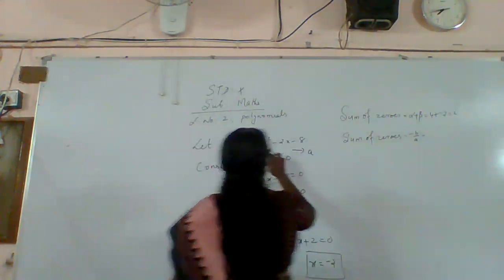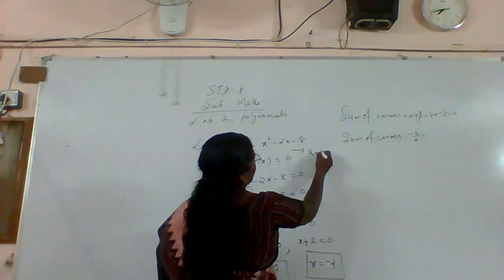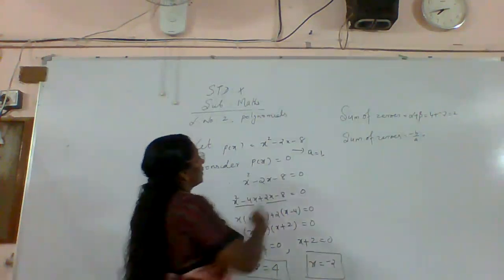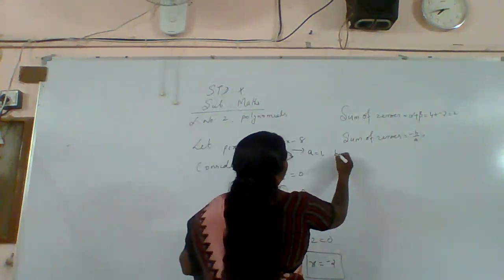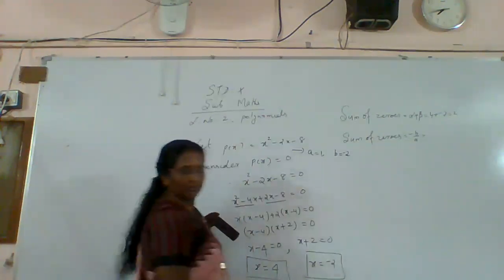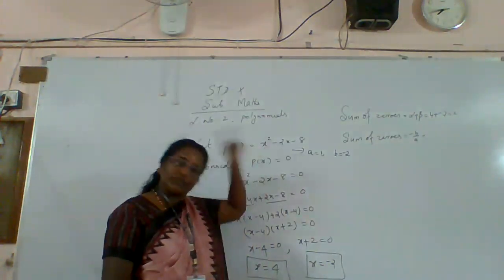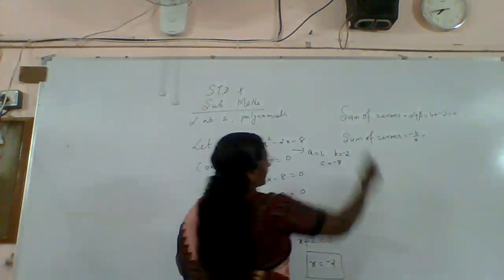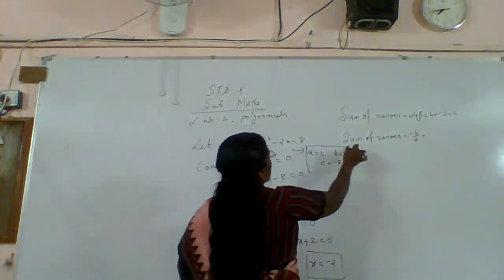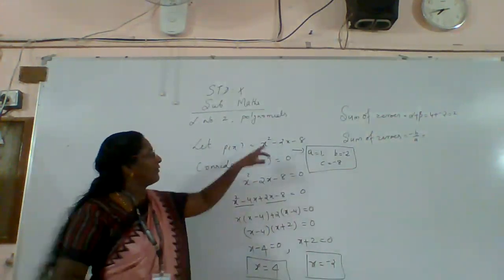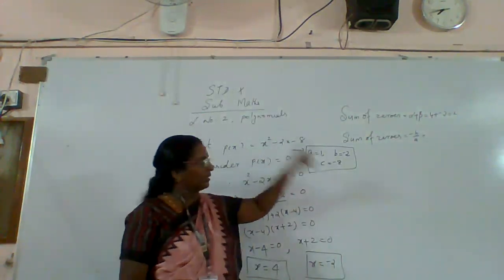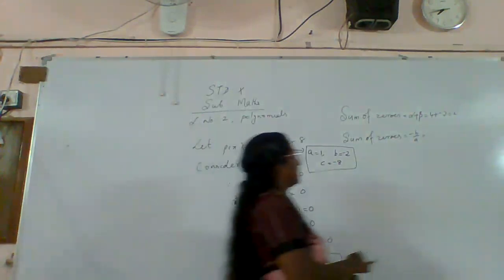So here write what is a. In this question, what is a? A means coefficient of x square, that means 1. Coefficient of x square is equal to 1. And coefficient of x, that means b. How much is coming? Minus 2. Don't write only 2, write along with the minus. And c, what is coming? Constant of minus 8. You got the values a, b, c. A is the coefficient of x square, b is the coefficient of x and c is the constant. Properly write it. Okay, now you can see whether it is correct or not.